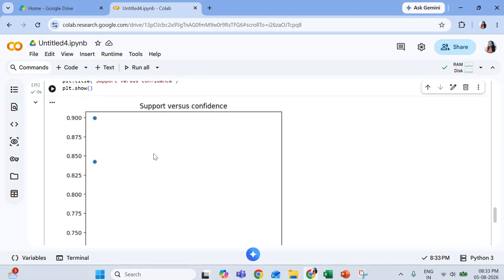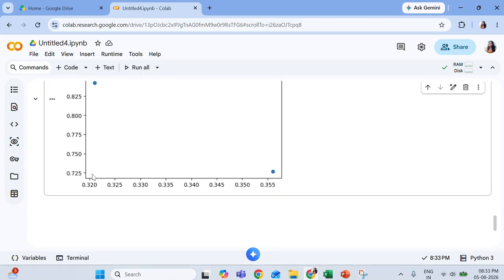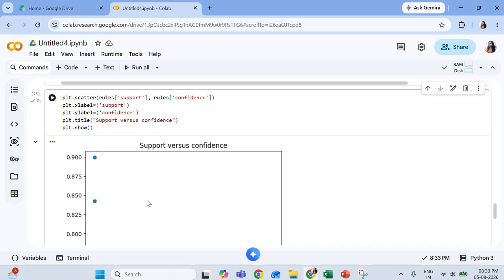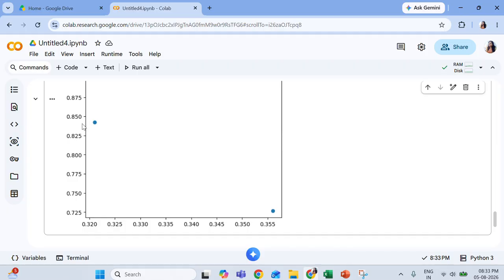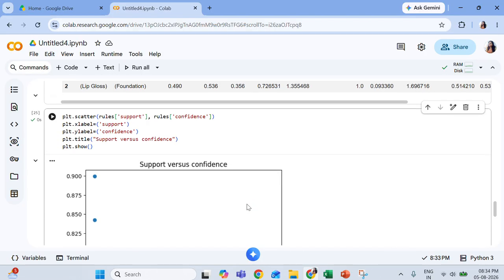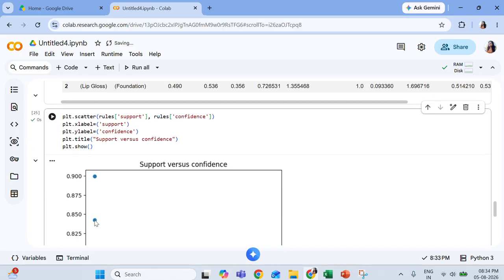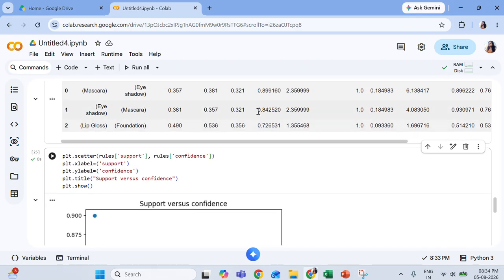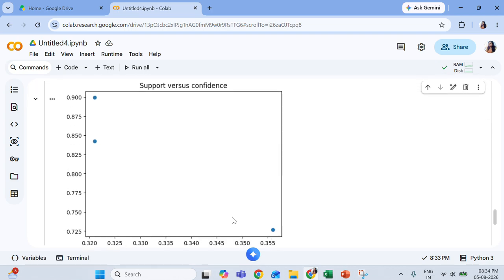For the first one, the x-axis is my support, so support is 0.3 something, and the confidence is around 0.82. The confidence here was very high. One of the confidences was almost 0.899160. So this one is that product. 84 is this one product, that is the second one, eyeshadow to mascara. And the third one, lip gloss, is this.